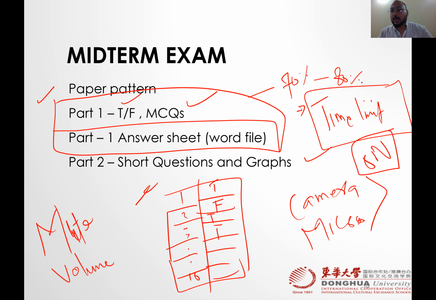I have experience with this. This is my 4th semester of online teaching, so I know students can do that, and the previous history shows that students did well. They completed all the true, false, and MCQs in the given time. Similarly to what we do in our assignments, you need to rename your answer sheet file: your name, part 1, midterm, your name, and then student ID. That's it, so that when you start sending your answer sheets, they are not overwritten. You understand my point?